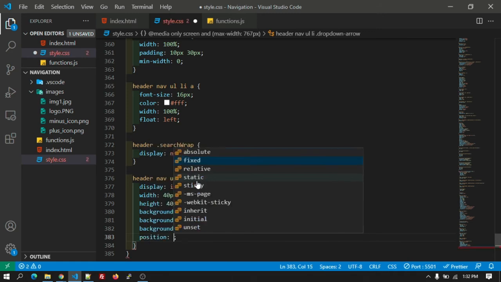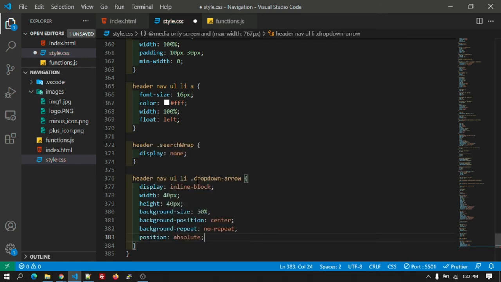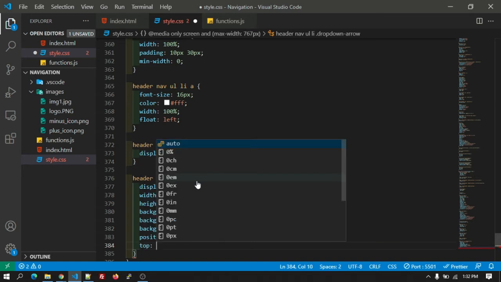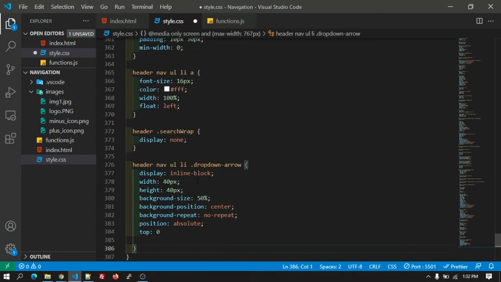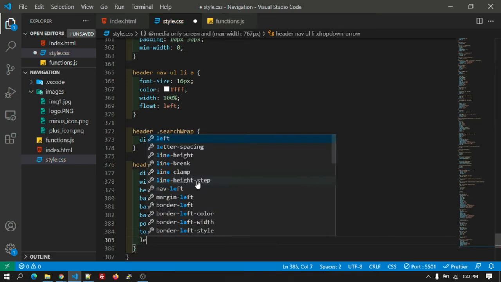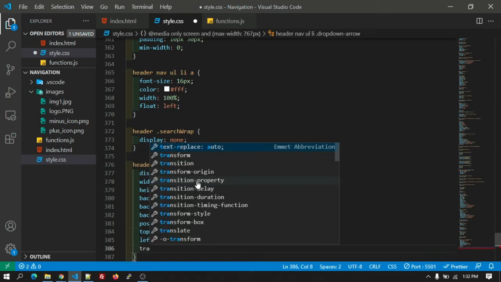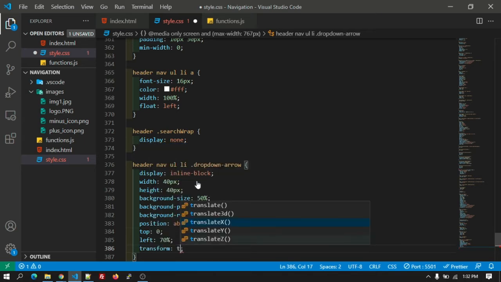Position will be absolute and the top will be 0 and the left will be 70 pixel, 70%, my bad, and the transform translateX minus 50%.